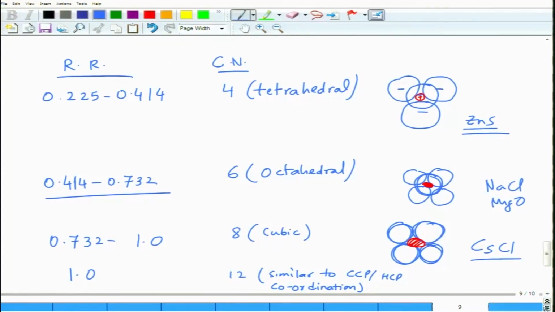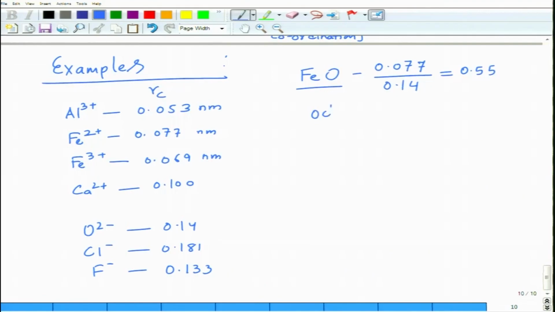So, which means FeO should have octahedral coordination of cations. Okay, octahedral coordination. But if Fe is surrounded by 6 O,